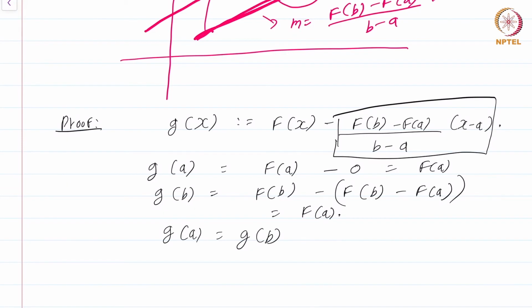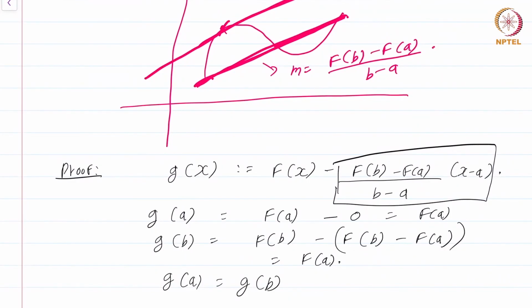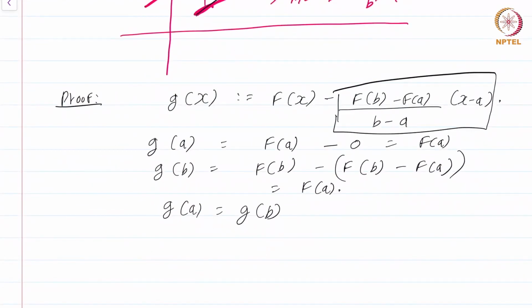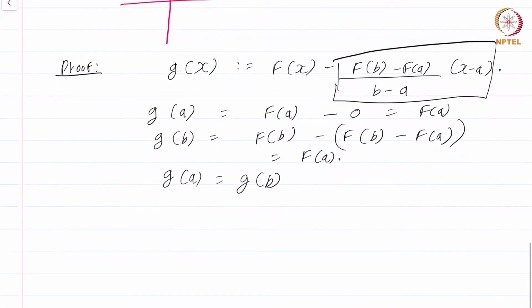Actually, to illustrate the point that I'm going to make this a graph over this particular line, it's better to have subtracted a slightly different function, but this will do the job for us. Now by the previous theorem, that is Rolle's theorem,